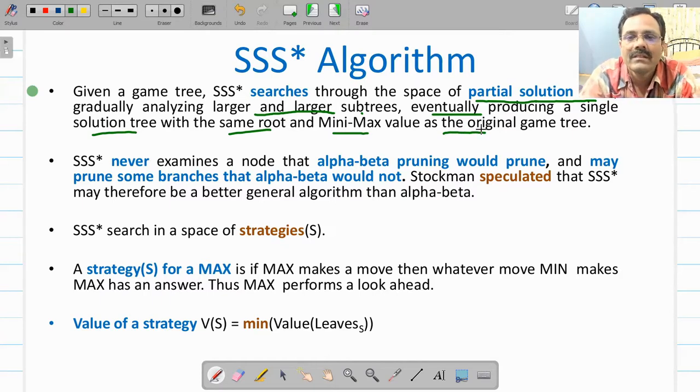So you will get the same result as your alpha beta cutoff as well as the minimax algorithm. This SSS star algorithm will never examine a node that alpha beta cutoff has pruned, and may prune some additional nodes that alpha beta cutoff could not prune. Therefore Stockman speculated at that time that it may be a better version of the alpha beta cutoff algorithm.